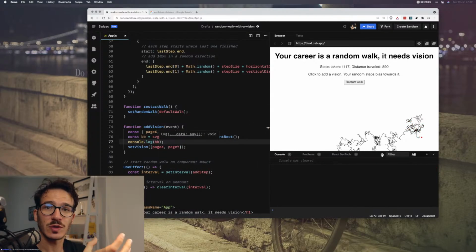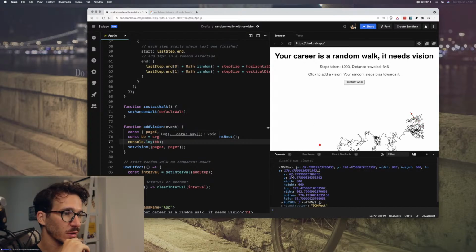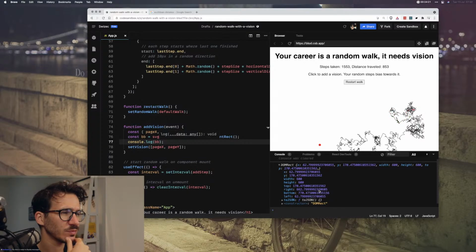And then we're gonna use that to calculate the actual coordinates within the SVG based on where you clicked. So DOMRect x, y, width, top, right. I wonder what's the difference between x and y, and top, right, bottom, left. Very confusing.